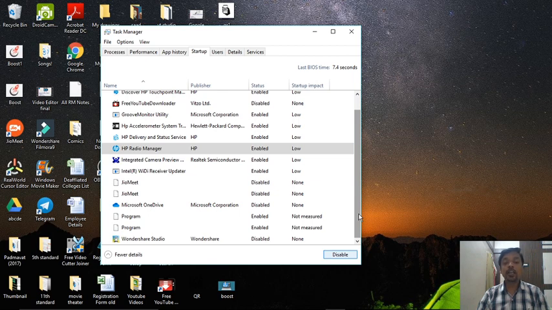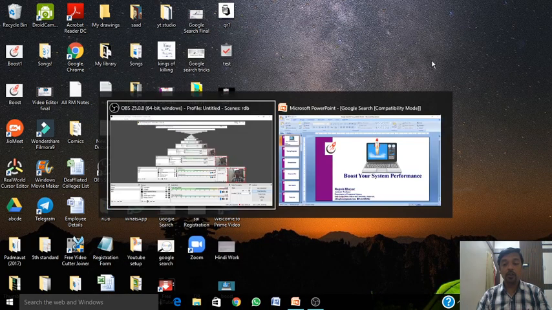Similarly, some Windows services might be there, so please don't disable those. Otherwise, whatever programs you have installed afterwards and don't want, like the programs which appear the moment you start your computer, you have to disable them from the startup programs. Again, I'll tell you how to get to startup. Just press Ctrl Alt Delete, click on Task Manager, and under Task Manager you have the Startup option, which allows you to stop the programs which start automatically the moment you start your computer.